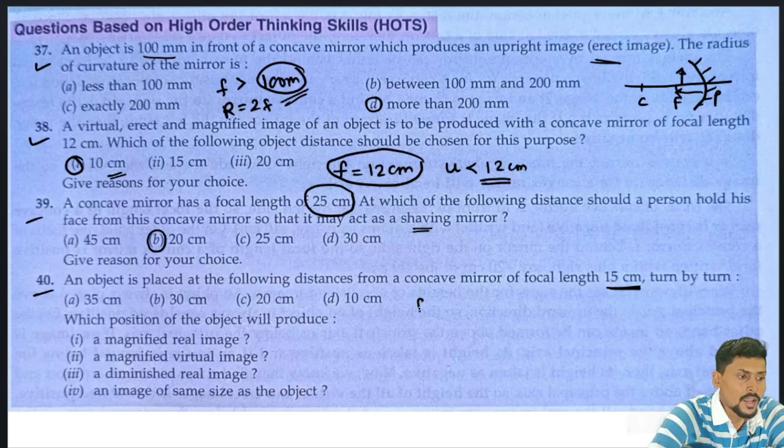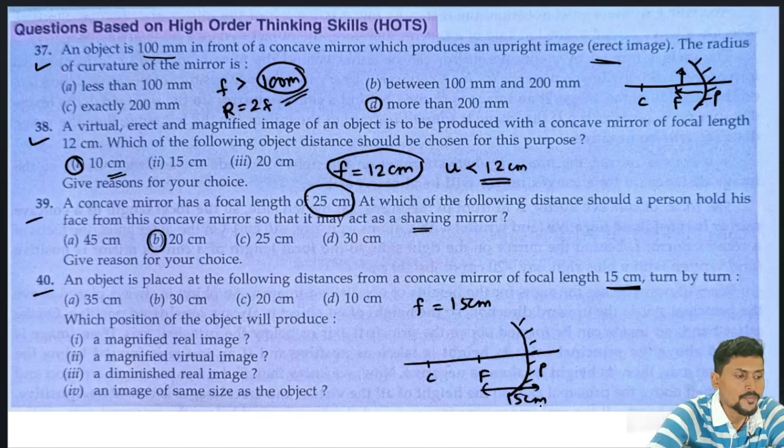Since the focal length is 15 centimeter, if we draw the concave mirror, this is the principal axis, this is the pole, this is the focus, and this is the center of curvature. The focus is 15 centimeter away, and the center of curvature will be 30 cm away because the radius of curvature is equal to twice the focal length. Okay,